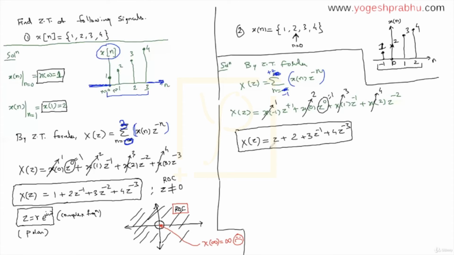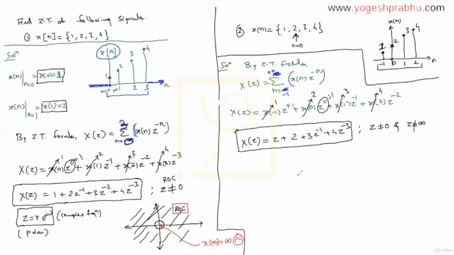But whenever you find the z transform, you always have to check the feasibility. The feasibility in a sense, do you understand that z should not become 0? Because if z becomes 0, do you see z inverse sitting here? Now this term will become infinity. So infinity plus everything will become infinity and x of z will become not defined when z is 0. So z should not be 0. And there is one more point you have to understand. Z should not be infinity as well. Because if z becomes infinity, then this term will become infinity, and anything added to infinity is going to be infinity. So we don't want z to be 0 and we don't want z to be infinity.